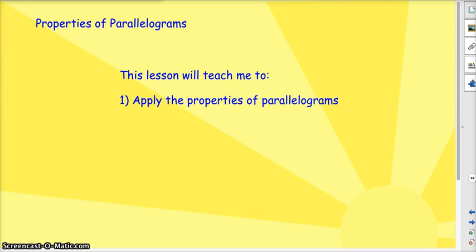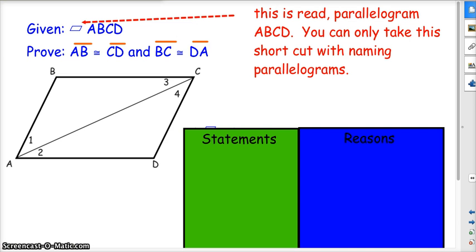This video will go over the properties of parallelograms. This lesson will teach me to apply the properties of parallelograms. So I know you don't see this when you're looking at your particular lesson, but in the packet for the